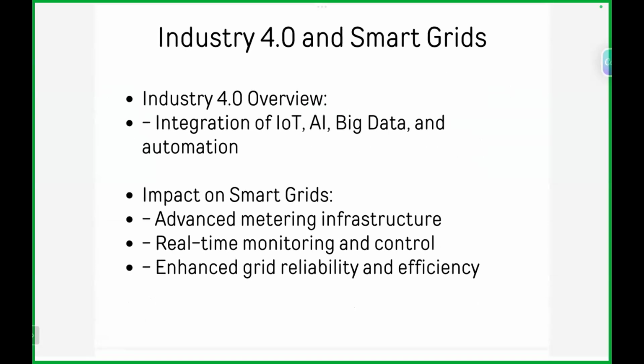So what is happening in 4.0 and the smart grid is the integration of IoT, AI, big data and automation, and these are impacting advanced metering infrastructure, where today we are in a position to have 0.2 class metering sets for the generator as well as the consumer, and we have better control over real-time monitoring, where the SLDC, State Load Dispatch Center, has a very well-developed monitoring and control mechanism in Tamil Nadu, where the generator and the consumer both have to have